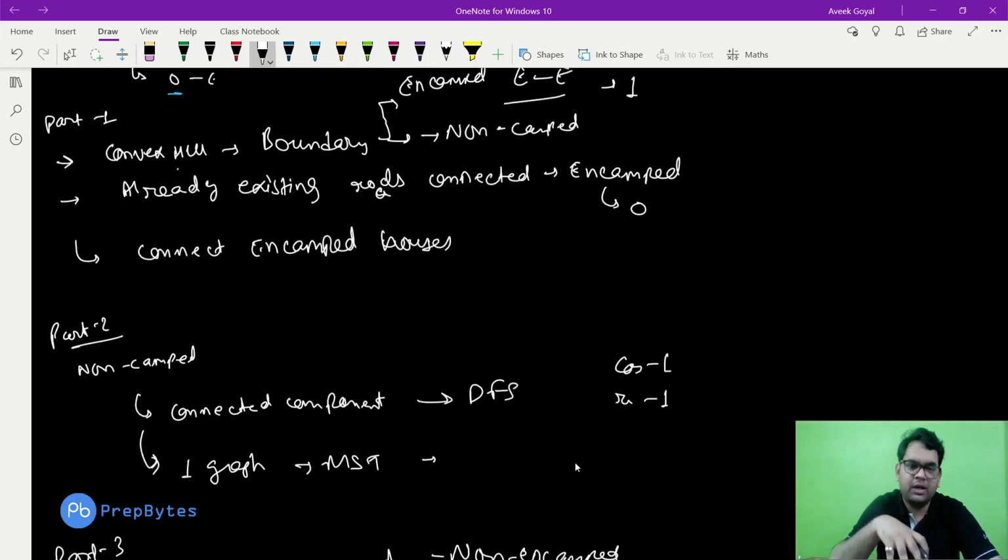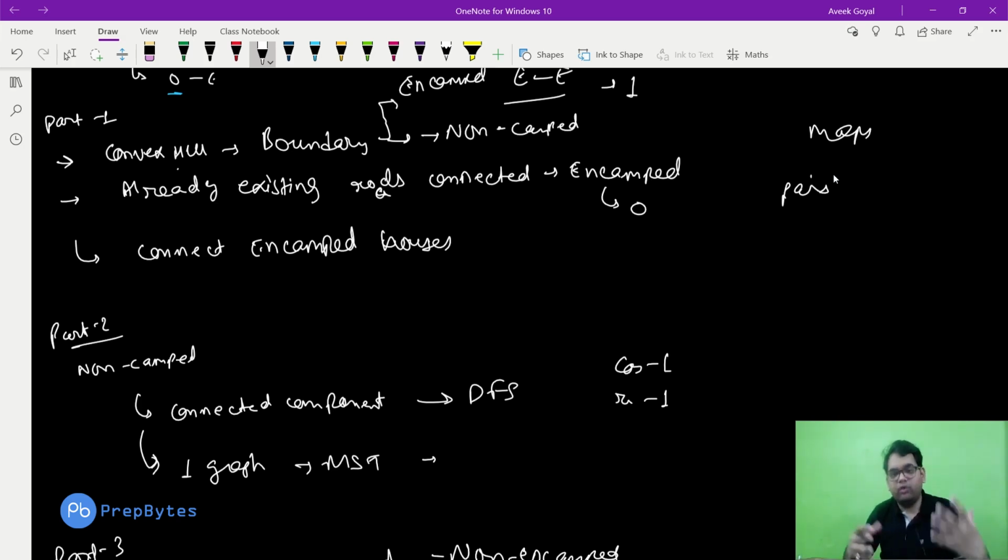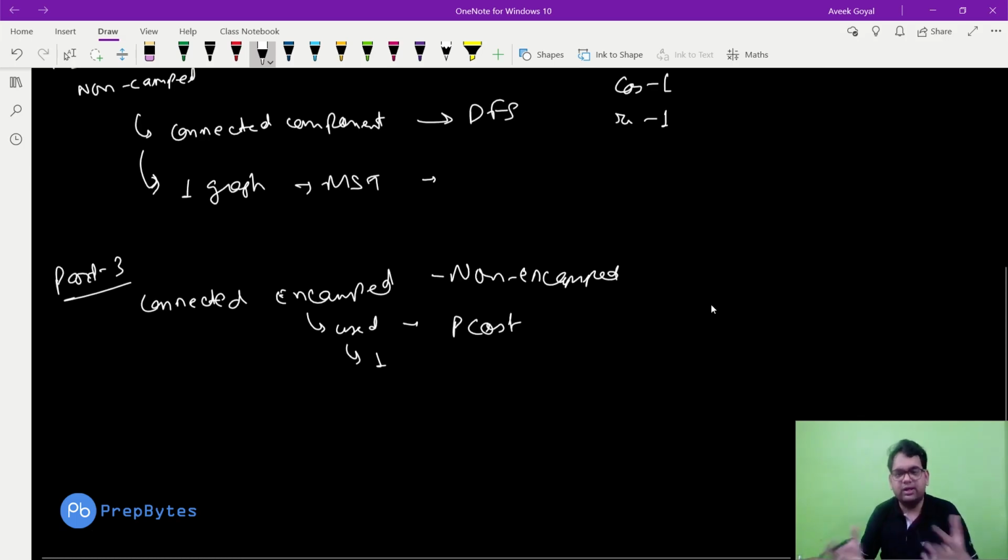Obviously you should know about the convex hull and its implementation. The implementation is provided on the GitHub link. It uses convex hull, MST, DFS, and maps. If you are using C++, it has pairs, so that depends on how you are implementing it. The implementer has chosen to divide the encamped borders and the non-borders. So there will be the border nodes and the non-border nodes, the encamped nodes and the non-encamped nodes, and worked on them separately and finally merged them to get the final answer.